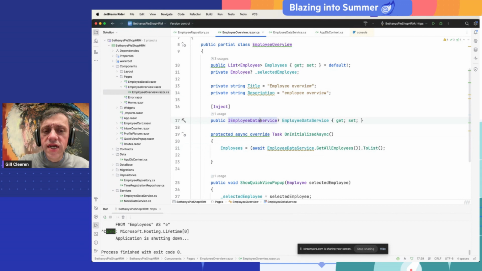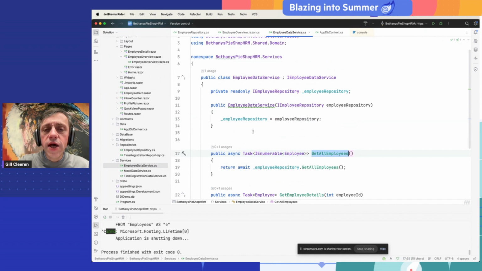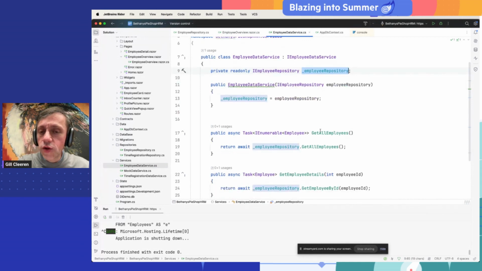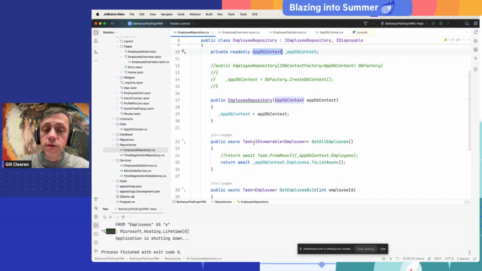The data service is actually a class, this one, of course that's an interface, which is going to use a repository, as you see here, and that repository has a GetAllEmployees, that's the one we call, and if we look at that, that is actually going to use an AppDbContext directly. So I have an AppDbContext of which I'm going to ask, give me back all the employees